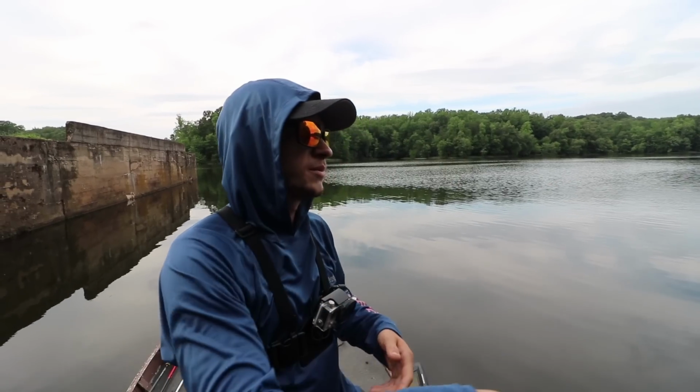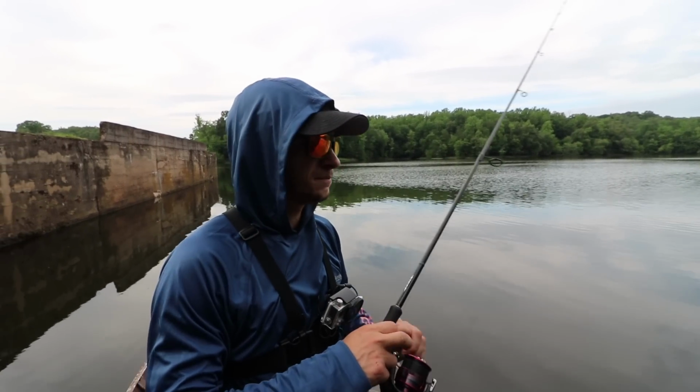If you have some heavier wind, you can always upsize it a bit just to make sure it